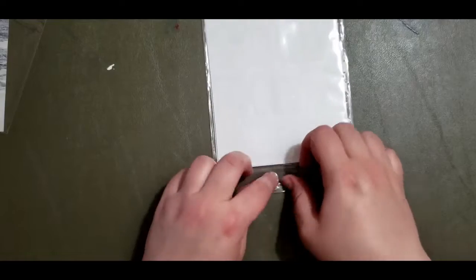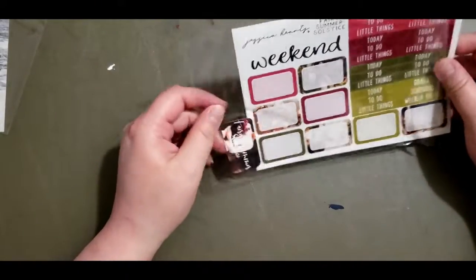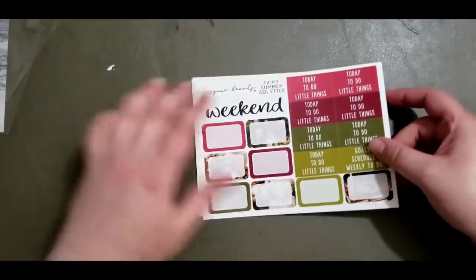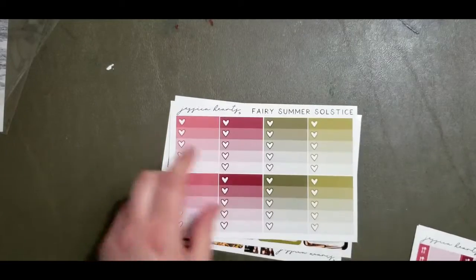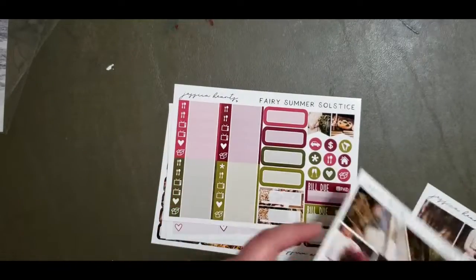And I got this specifically for the end of July, which is my anniversary. So I was going to use this for my anniversary week. So let me see if I can find the full boxes first. Alright, so here are the full boxes, and this is why I wanted to do it for my